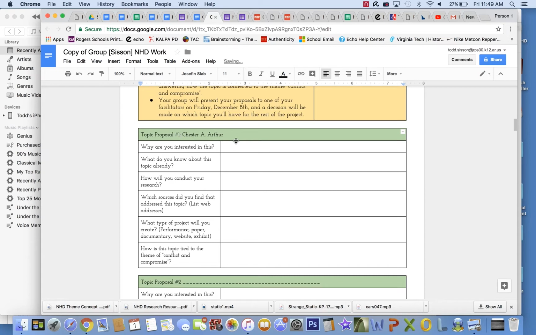I think maybe 3 presidents after. No, probably 4 presidents after Lincoln. I don't know, something like that. But he's got some interesting things in his past that I'm kind of interested to see. He became president after James Garfield was assassinated, and there were some things that he did with government offices.